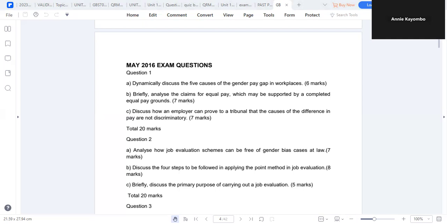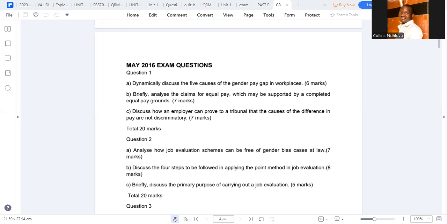I think a gender pay gap, this is where remuneration of wages or salaries is different between genders, that's female and male. Maybe you find that a male and a female are doing the same job, but a male is paid more than the female. Exactly, yeah. So a gender pay gap is a difference between the average earnings of the men and the women. So this one, in most cases, will disadvantage women. So there are many reasons why we have these pay gaps.